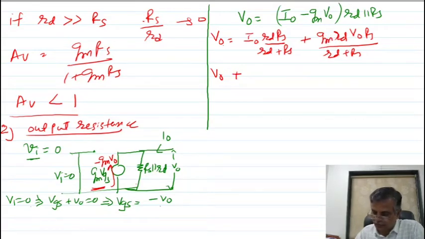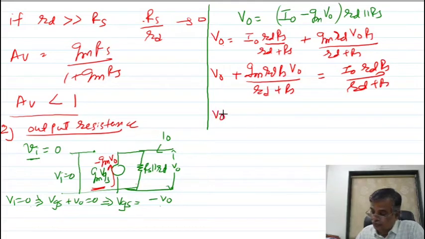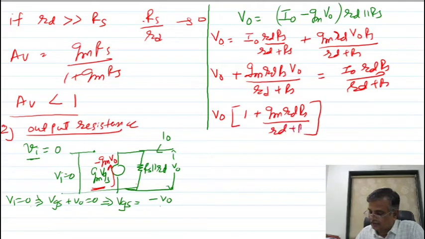Well, that does not matter if you do not want to put. gm rd Rs into Vo upon rd plus Rs is equal to Io rd Rs upon rd plus Rs. So Vo you can take into bracket 1 plus gm rd Rs upon rd plus Rs is equal to Io rd Rs